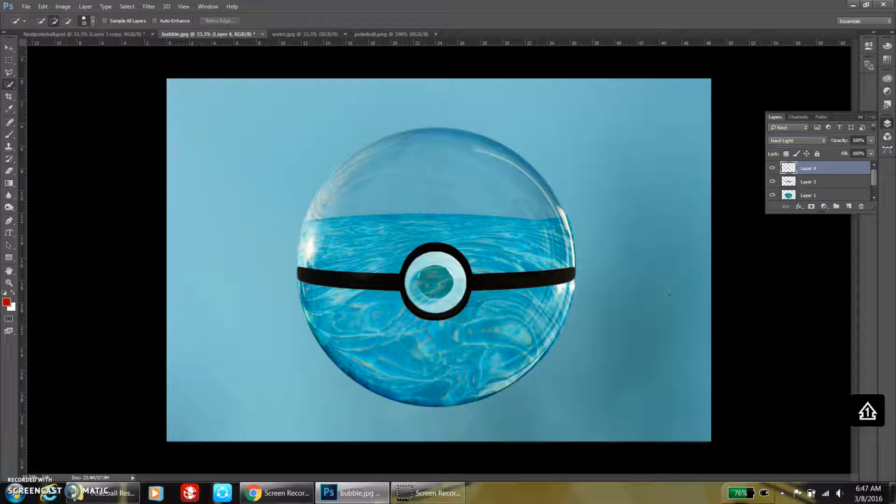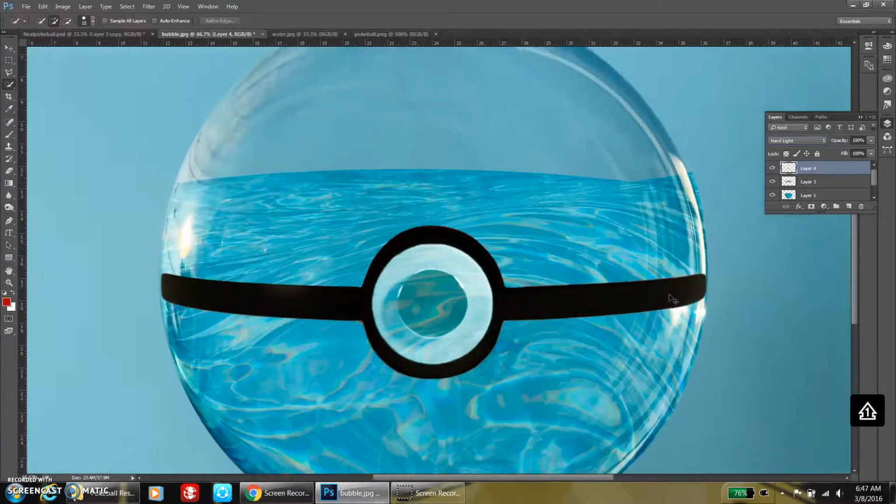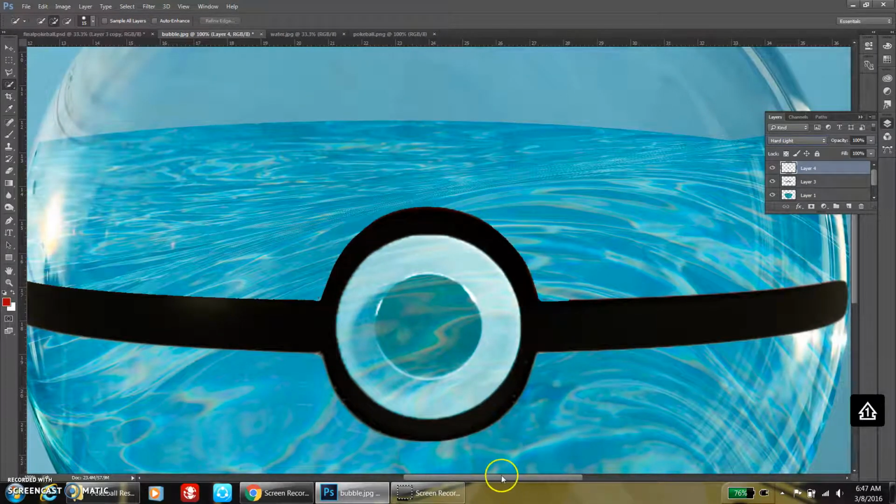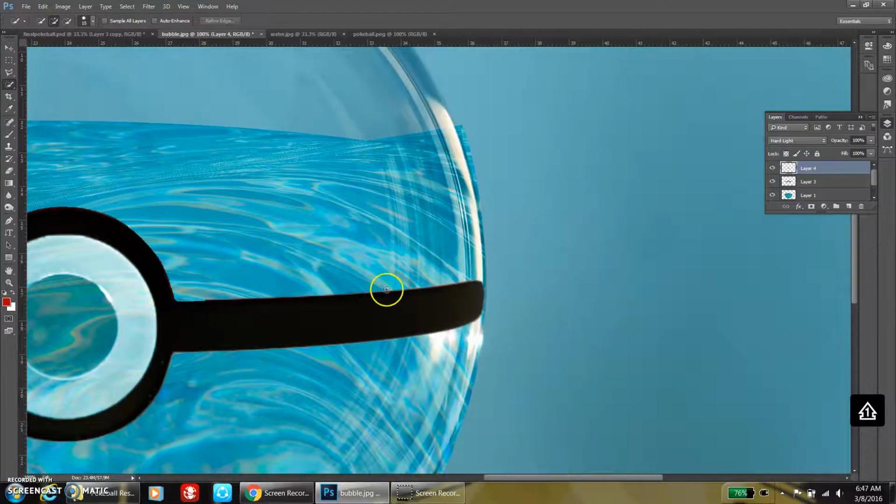Alright, so what we're going to do right now is zoom in on each side of that bubble. I'm going to start off with the right hand side, and you're going to go to the clone stamp tool. How this works is you sample a spot really close to the edge of that bubble by holding Alt, and you'll see a target appear. Click once with your mouse, let go of everything, and this part where you see the gap and the black Pokeball line, you want to click on that